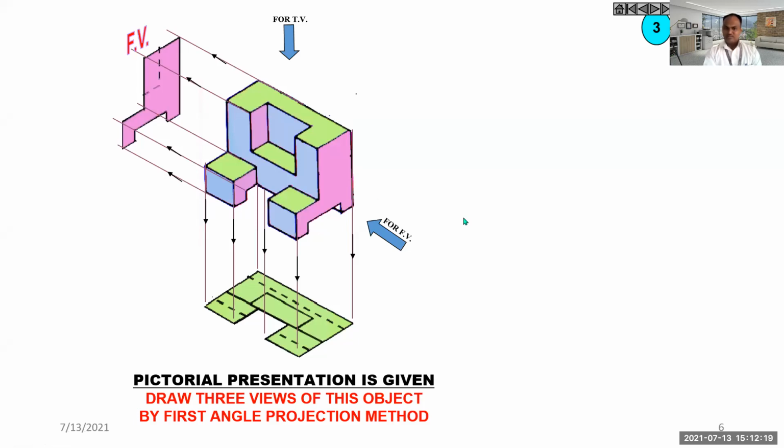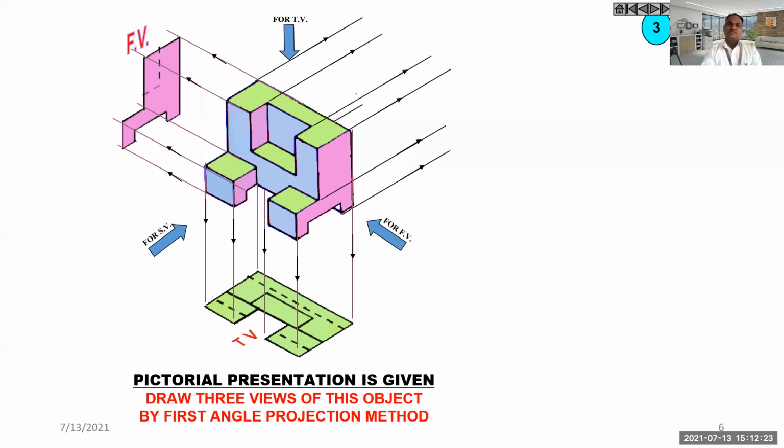And then last one, that is your side view. In case of side view, you can see this portion will be visible, this portion will be visible, this portion will be visible, and this will be visible. So when you are going to draw with the help of pencils, you have to find out first which portion will be visible from that view. And we have shown here these portions.